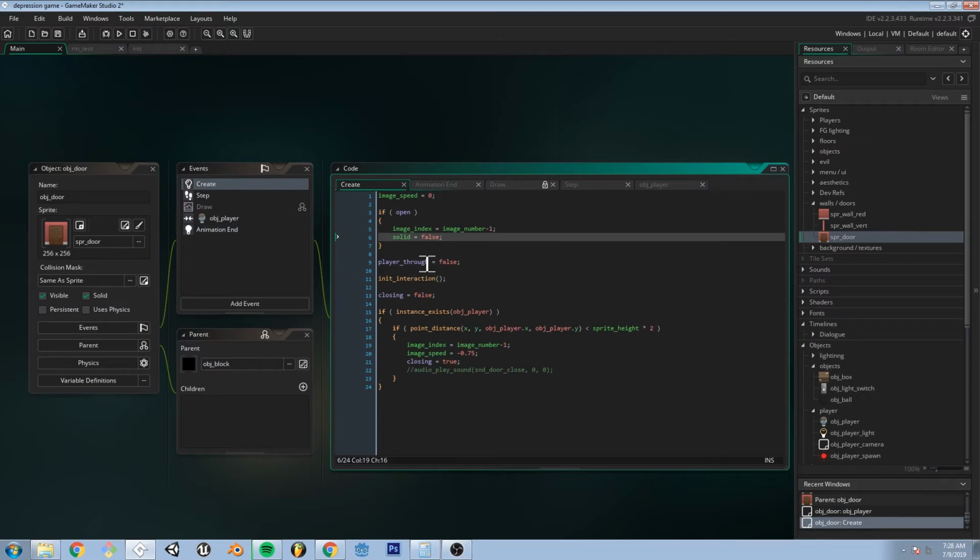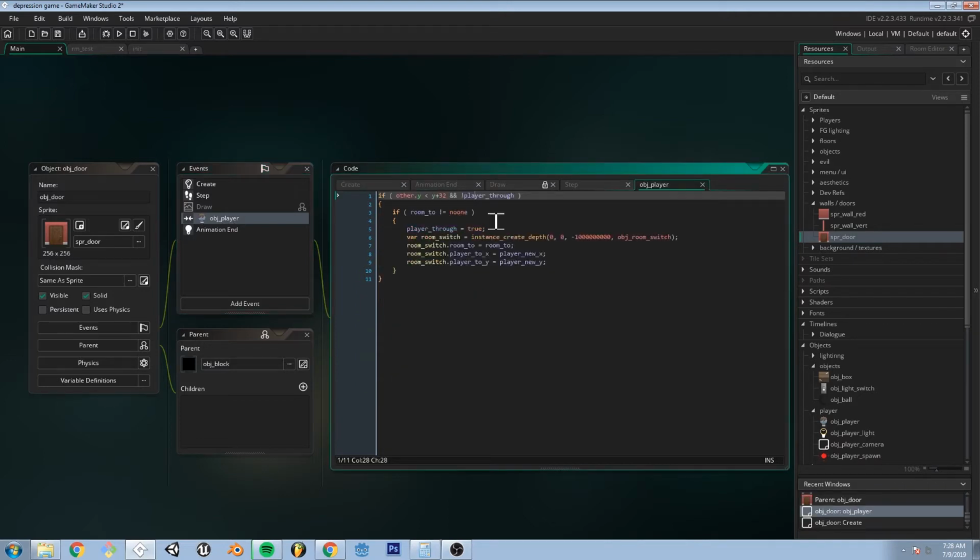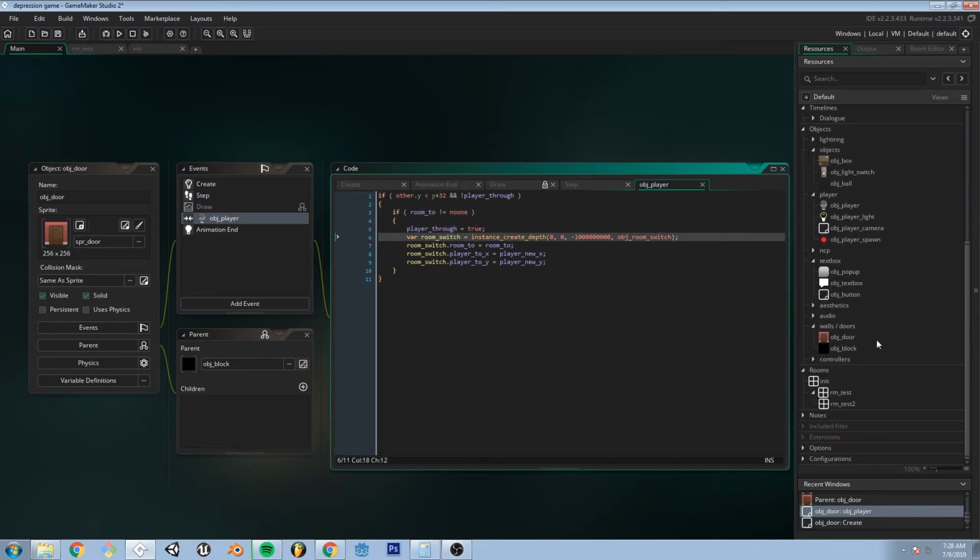I could have used triggered or whatever, any variable. I just used player through. Set it to false at the beginning of the room. So if that's false, we want to set that to true if there's a room to go to. And if there's a room to go to, I've got this object called